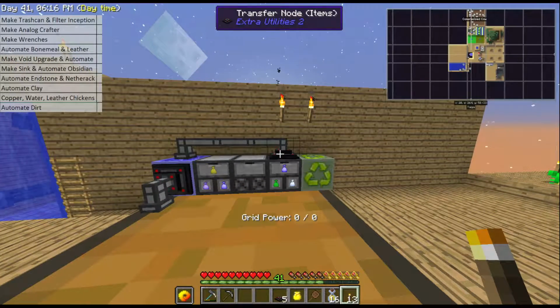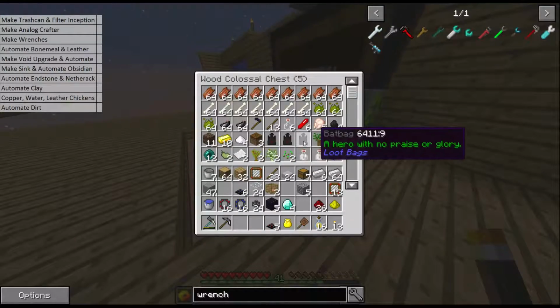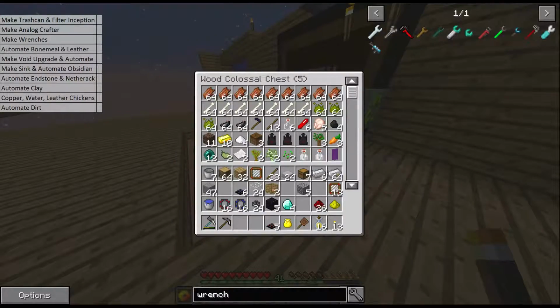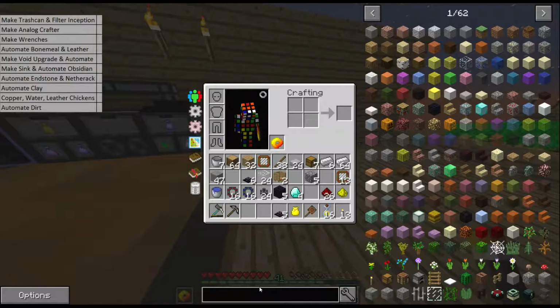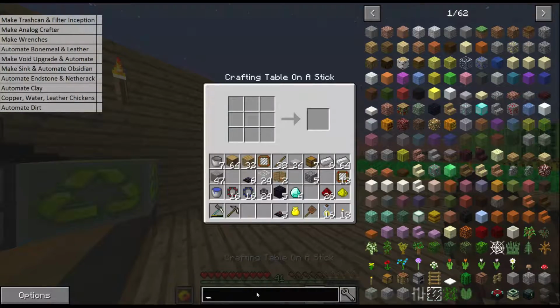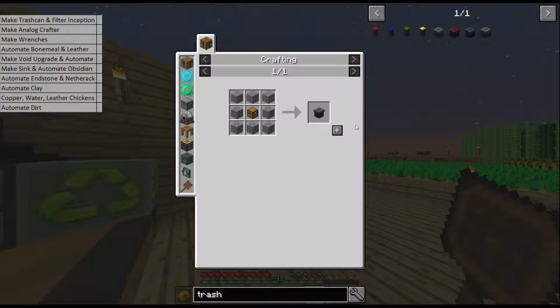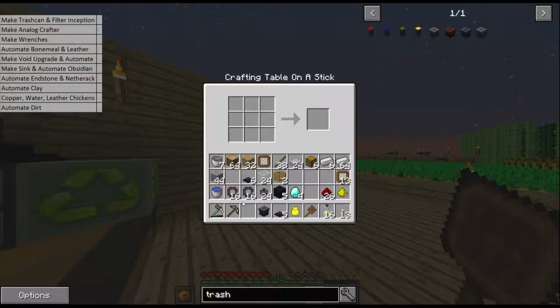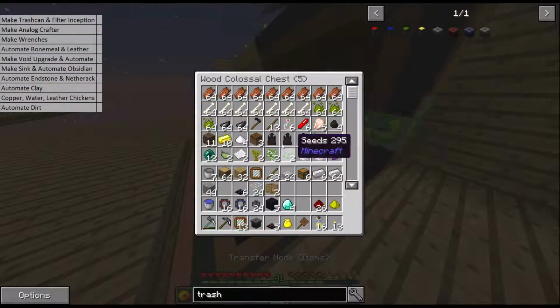So the other thing we can do here is start trashing, because some of these things we can't recycle, we can't use, we're never going to use, and we can't get any benefit out of them. They're just going to fill up all this space, and it's a waste of effort for us to have to look through them. So what we'll do is make a trash can,